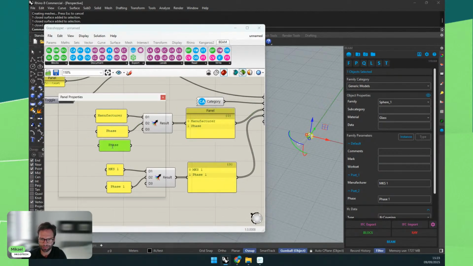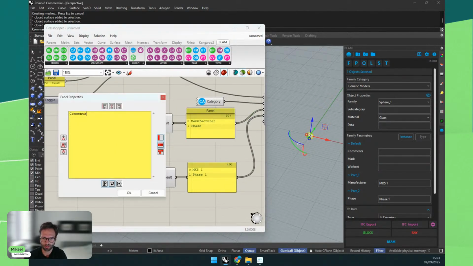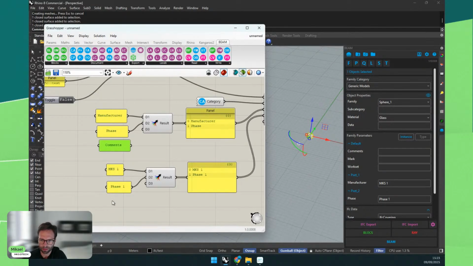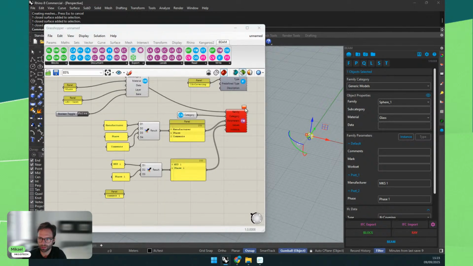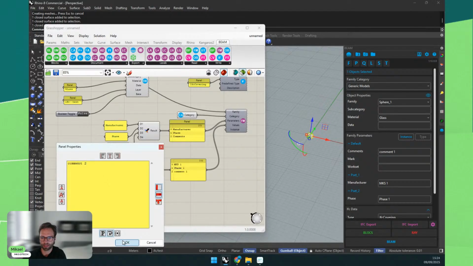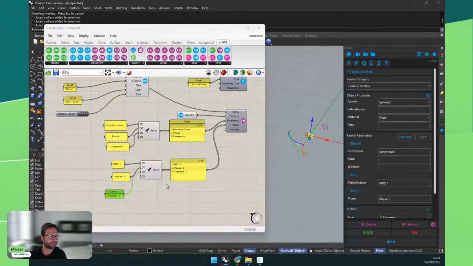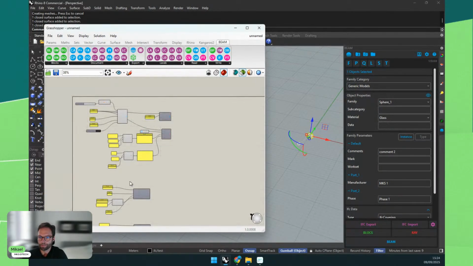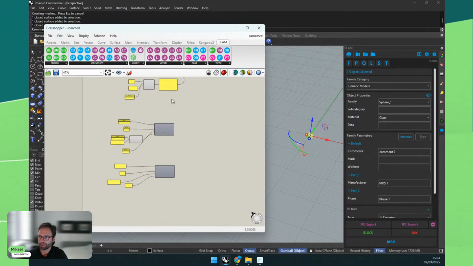Once you have this set up, it's quite easy to add more. So for example, let's add a comment. Let's add a comment 1 value. So if you plug this here, of course, you will see, we added a few securities to say that if you're missing one value and your listing is not perfect, we will warn you. So let's just add this and it should correct. So comment 1 now appears and I can change it anytime. Okay, so comment 2. So we can add all these values. Okay, so we create the parameters, assign parameters.